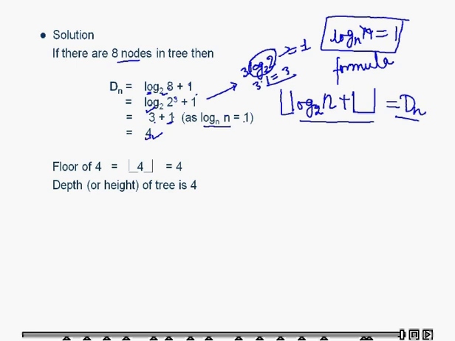Now we take the floor of 4. The floor of 4 is equal to 4 because 4 is the greatest integer less than or equal to 4. So the depth of the tree is